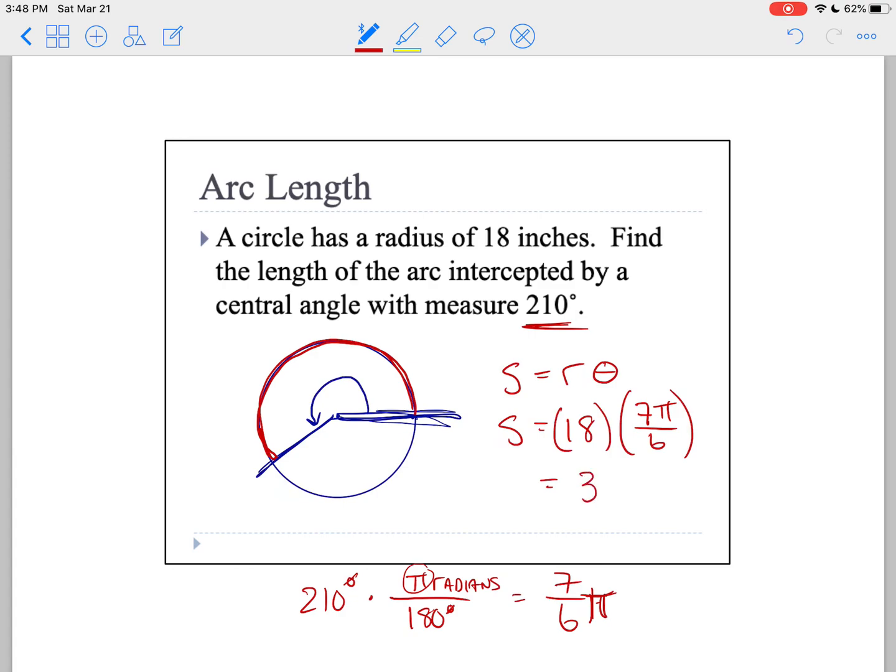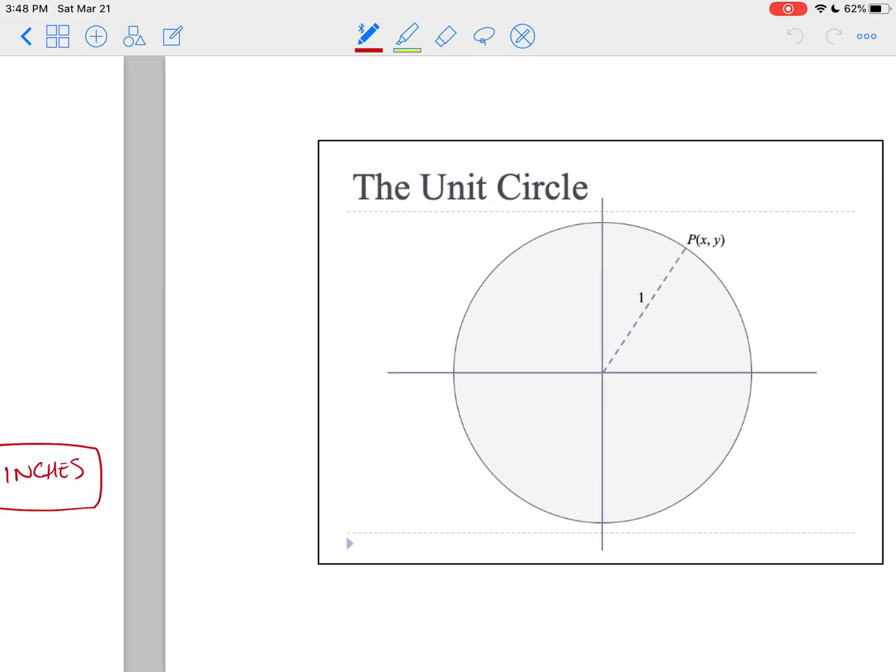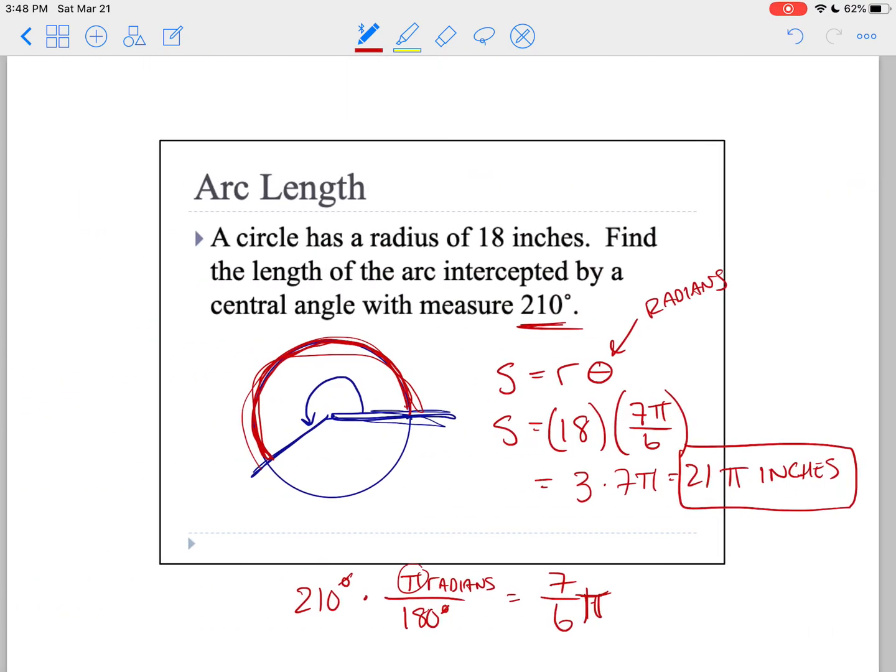18 divided by 6 is 3, times the 7 pi. It's going to give me 21 pi. So this is in inches. Okay, that's in inches, and that's the length of this red segment that I drew over here. Again, the arc length formula only works when this is in radians. All right, I'll see you on the